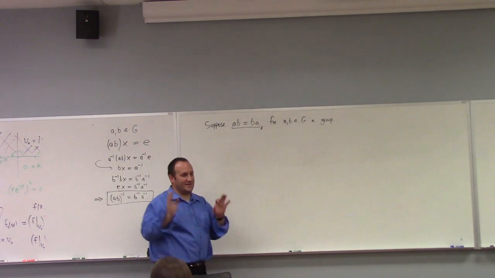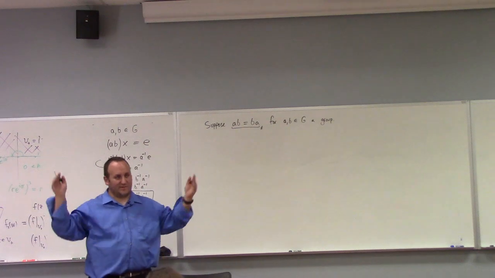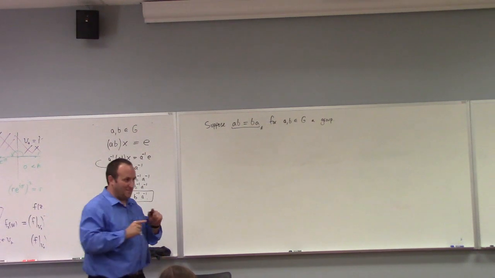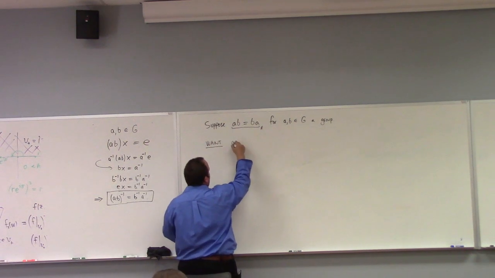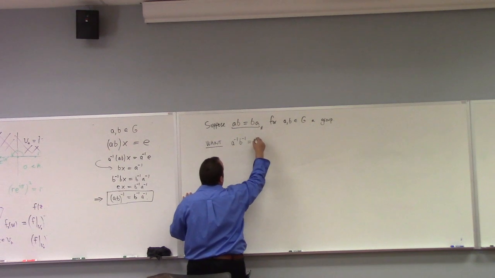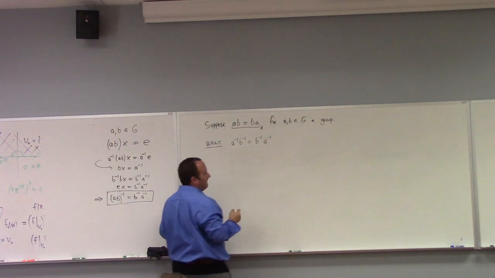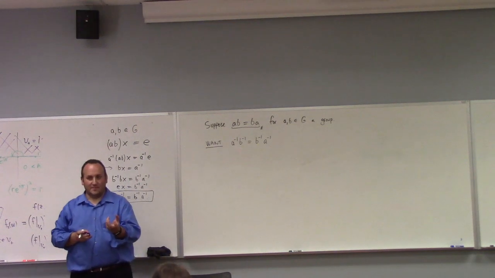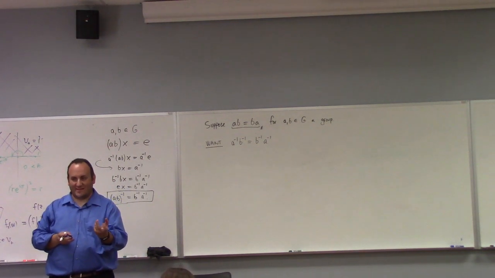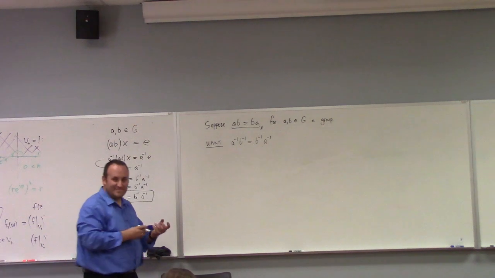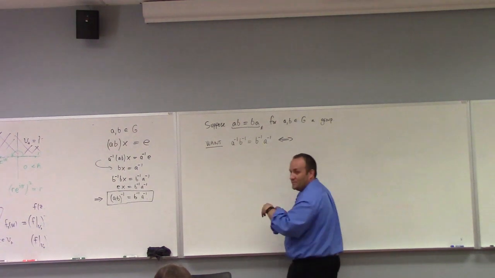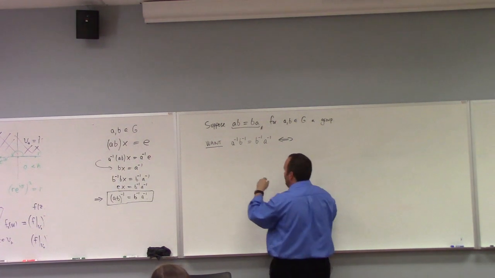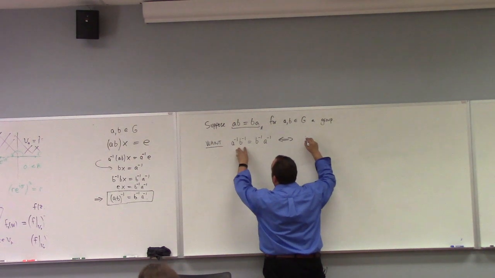Here's what I do. After I try something, whatever comes to mind, if it works, it works. If it doesn't, it doesn't. Then I play a different game. I say, what do I want? I want A inverse B inverse equals B inverse A inverse, right? That's my goal. I then try to make reversible steps back to something that's true. So this is true if and only if what? This is not the proof. I'm showing you the scratch work, all right? I'm showing you the man behind the curtain,